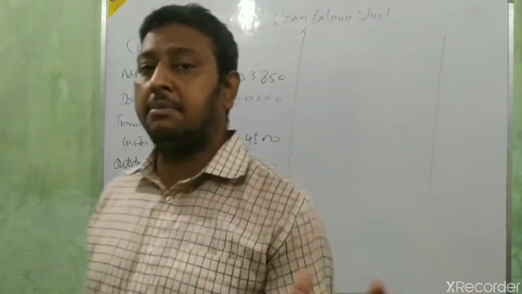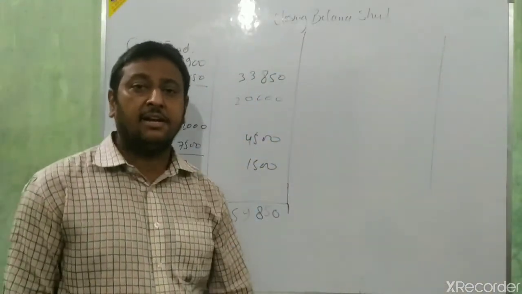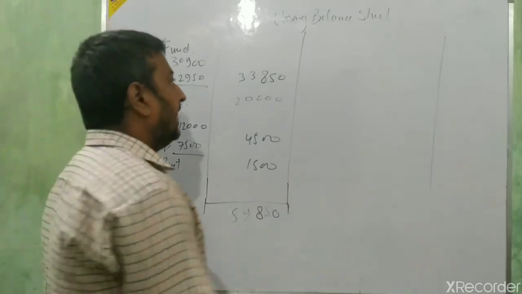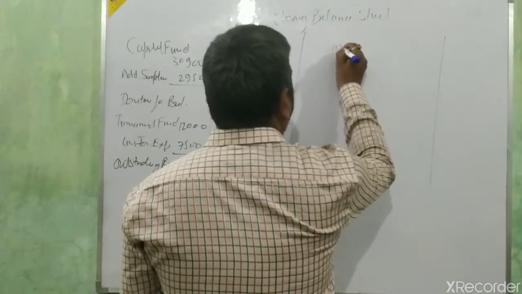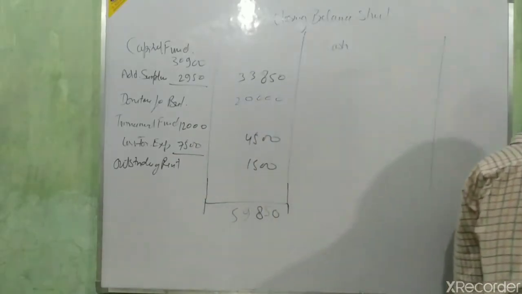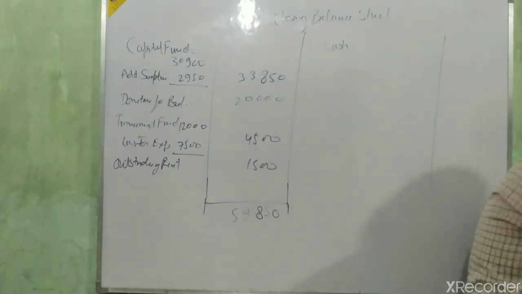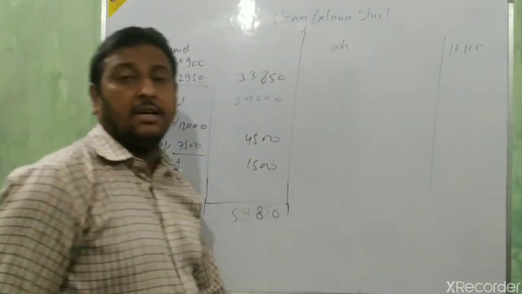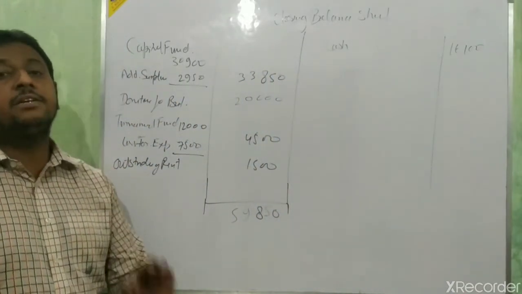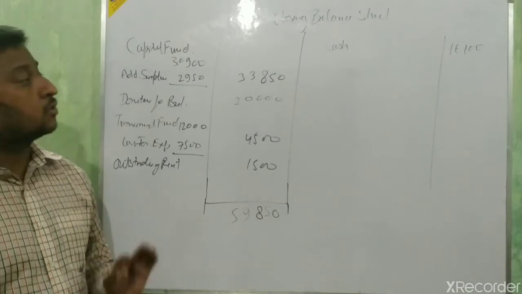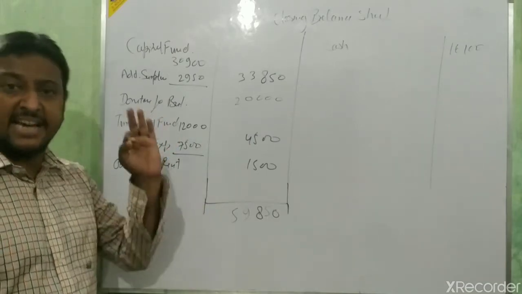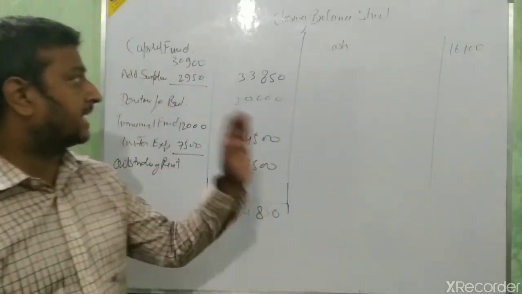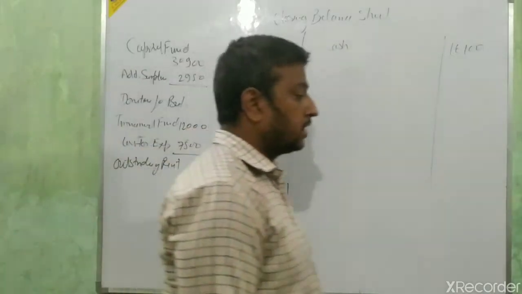At the time of making the opening balance sheet, the opening balance is taken as cash, and at the time of making the closing balance sheet, the closing balance is taken as cash. See the closing balance in the book. The amount of closing balance is 16,100. That is taken as cash. The closing balance in the receipts and payment account is taken as cash in the closing balance sheet. Okay beta. Go for the next.